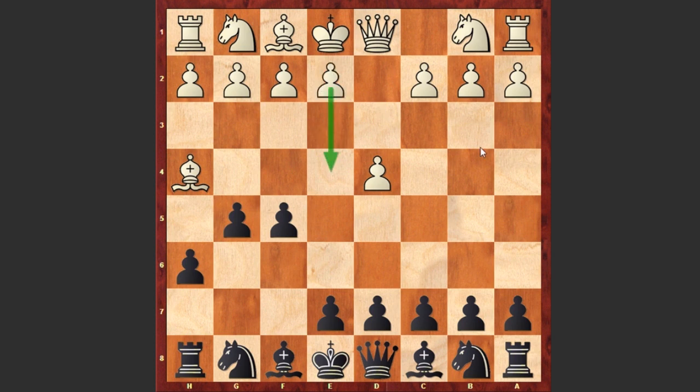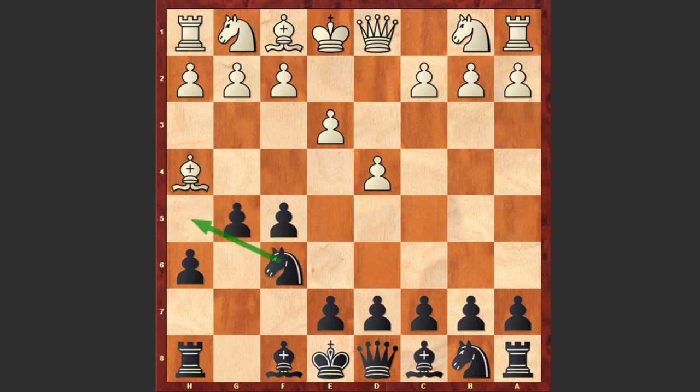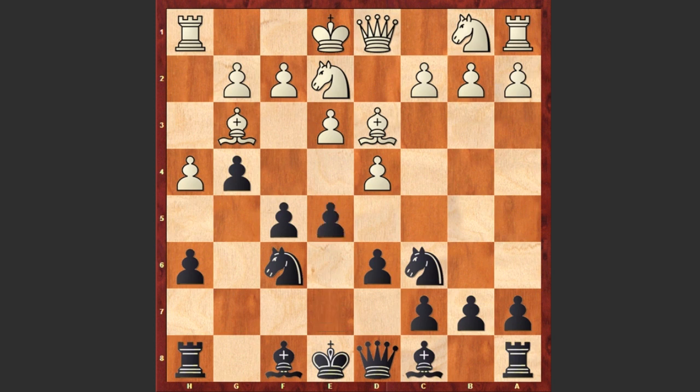Actually e4 leads to sharper variations, but this time we see e3. Knight f6, of course not g takes h4 because black can even get checkmated. After e3 we see knight f6, black is covering the h5 square, bishop g3, d6, h4, challenging black's kingside pawns, g4, bishop d3, knight c6, knight e2, both players are developing their pieces, e5, black is grabbing more space, bishop